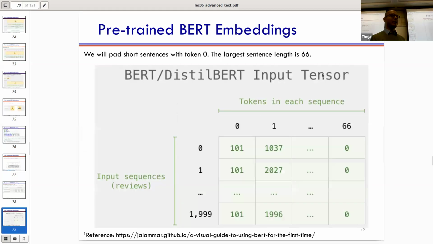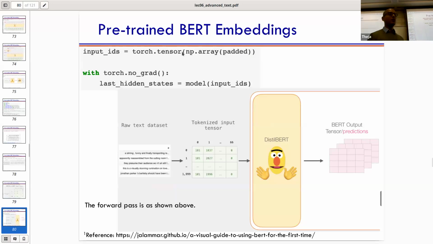I guess the only minor detail is about the output. It turns out that the maximum sentence length is 66. So if you have a sentence longer than 66, there's potentially an issue; you should probably truncate it or something. And obviously short sentences you should pad. I think padding is something that you've already seen for the batching aspect. But here it's not so much about batching. I guess you can say it's batching if you want to pass everything together at the same time to get the embeddings. The only minor detail is about the model.